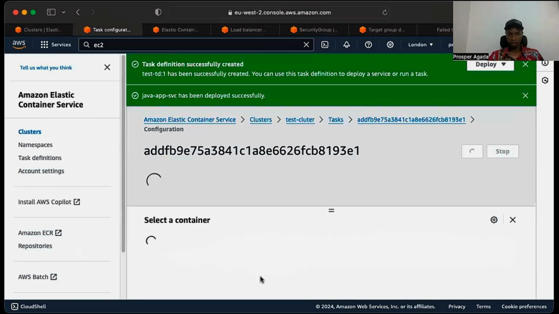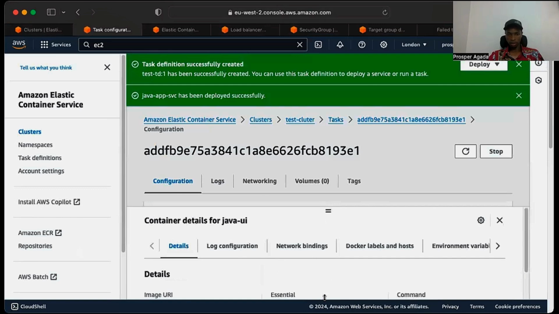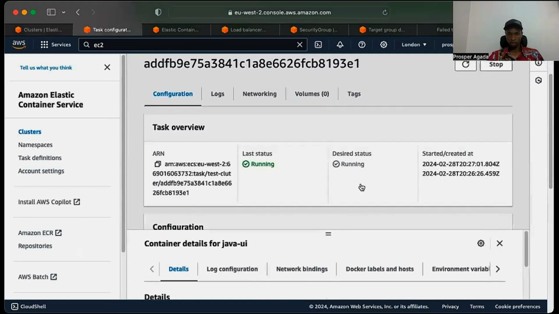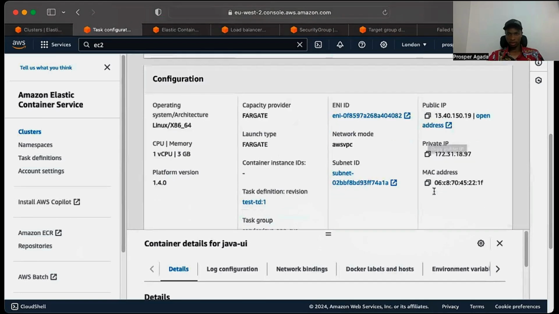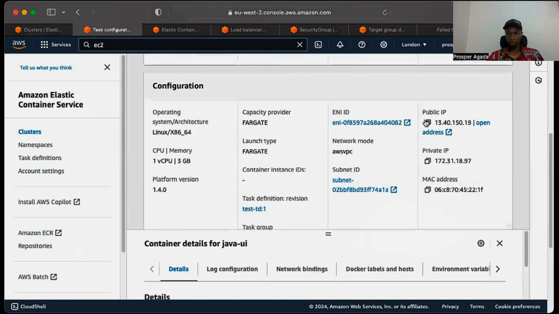you see that I have my simple Java application. That's my Java UI. And if I bring this down, you can see the overview. I have a public IP address and I also have a private IP address. So I can select the public IP address and